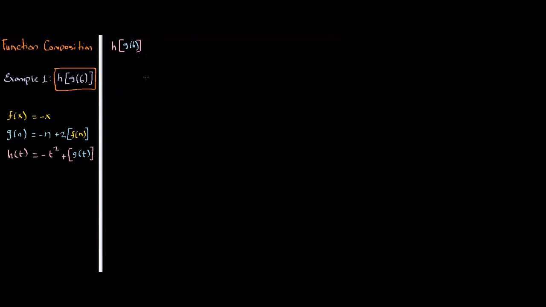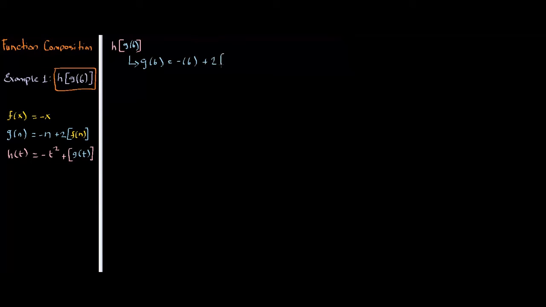So, okay, let's start with this one. h of g of 6. So now we have g. The question here is, what is g of 6? So I'm going to start here. g of 6. So let's work this out. It would be negative 6. I'm just substituting 6 in the function g of n